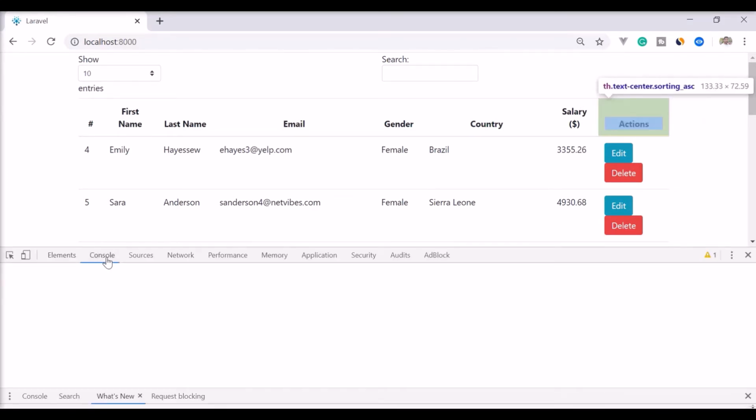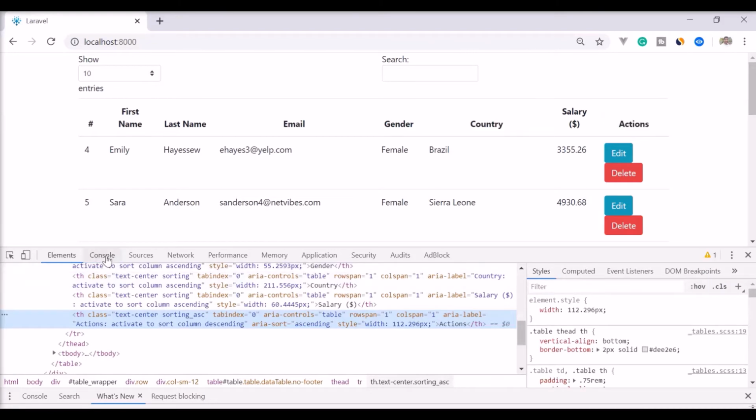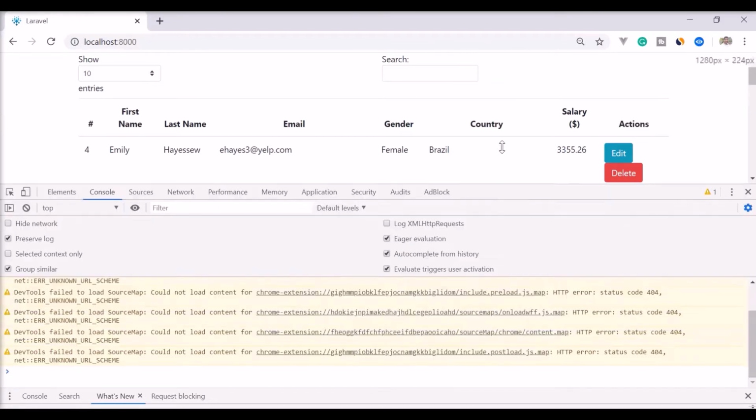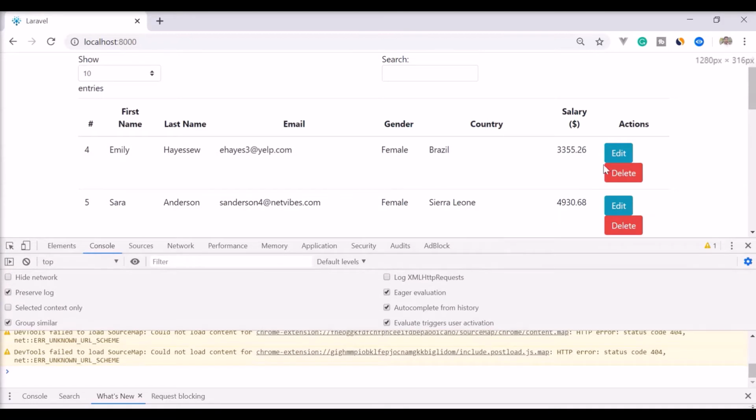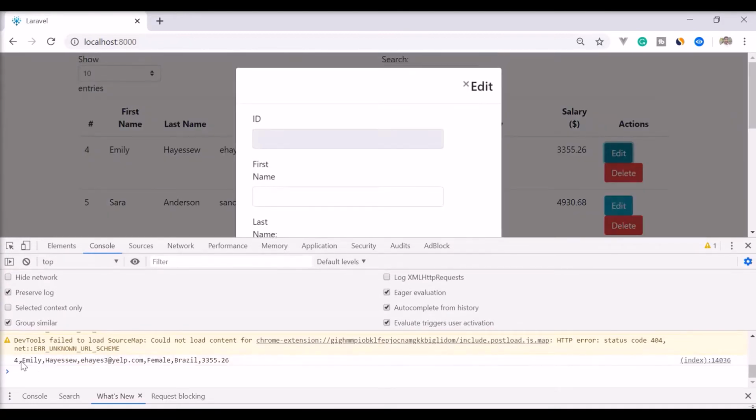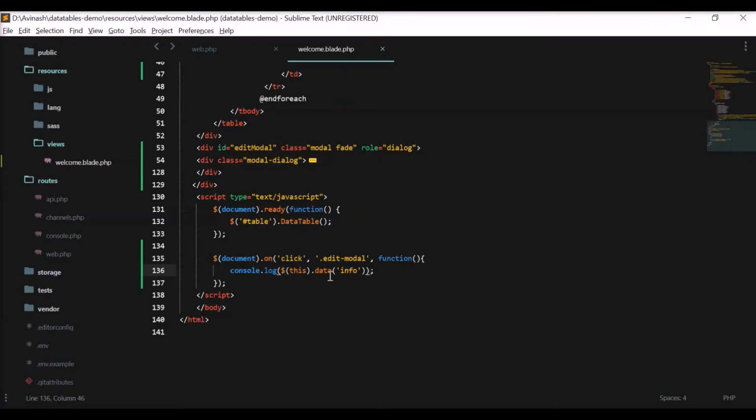So I'll open up my console here. I'll click the edit here. You can see the data for MD is passing here. Now we'll use this value and pass it to this empty modal here. Actually, we are getting it as comma-separated values, so we can split by using dot split comma, and I will pass this to a variable